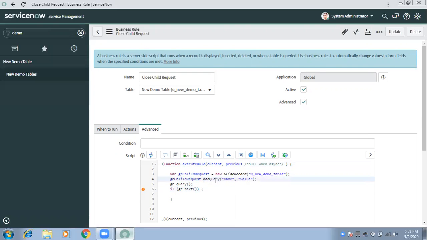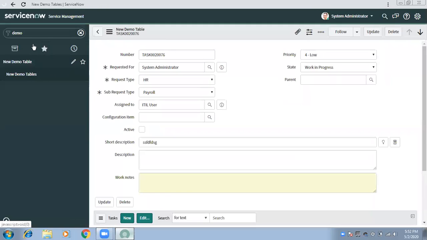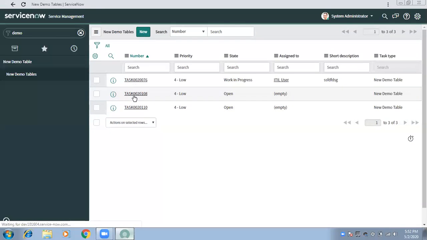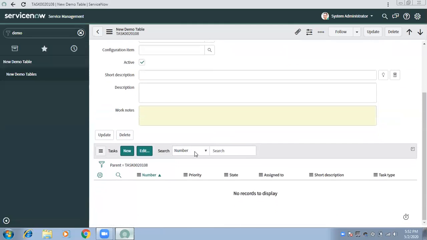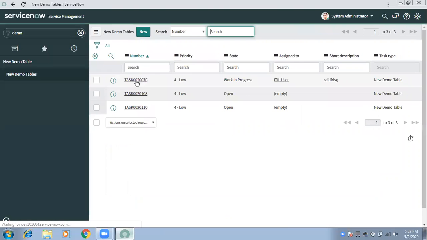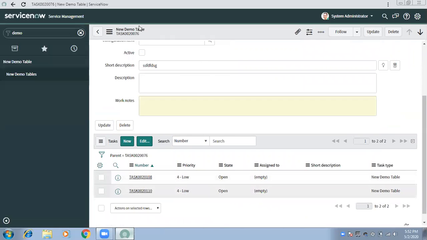Now addQuery takes basically 3 parameters. The first is the value. If I come back here and go to the child record, maybe you are already aware how these parent and child records are linked to each other. If I open this 76 record, how are these records showing below under the child related record?